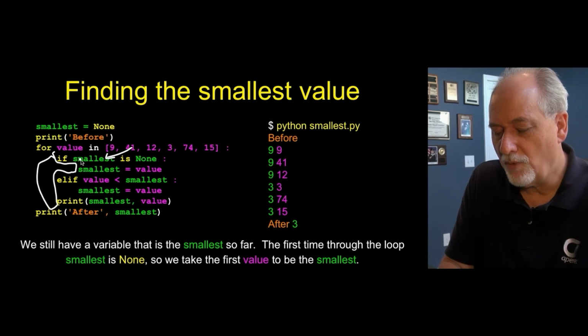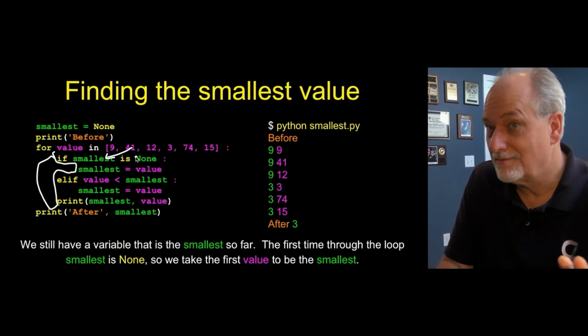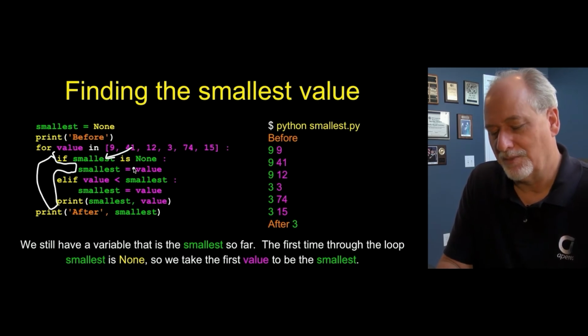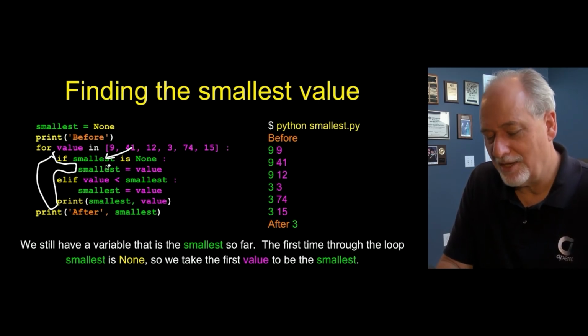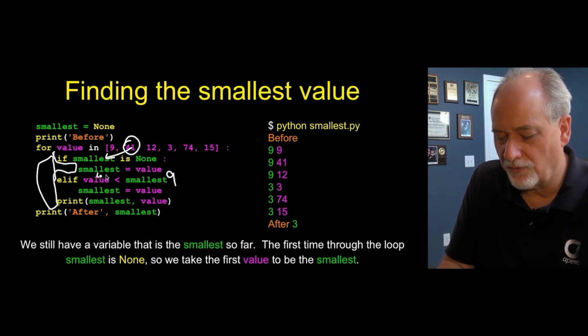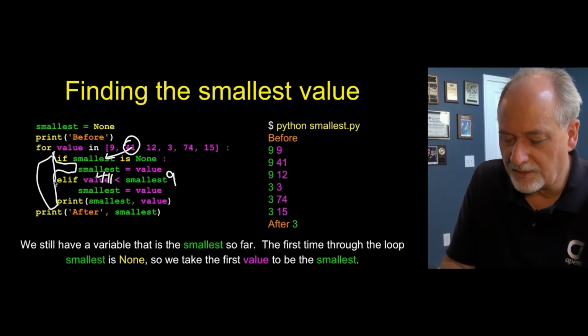41. 41 is not None. There's only one thing that's None, so it is not equal to None. Smallest is not equal to None, or is not None. So this is false, so it skips over here. Then it asks the question, is the value we're looking at, 41, less than smallest? Well, smallest is 9 in this case, and this is 41, so that's false, so it skips that and goes